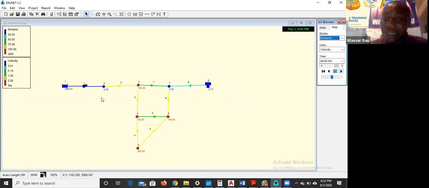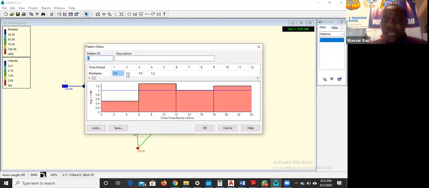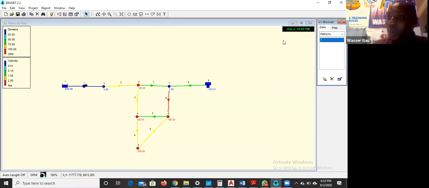You create a demand pattern. Once again, what do you do? You go to pattern, you create the pattern, and then input the time for the pattern based on 6 hourly pattern, 0.5. You can change, it can be 2 points, you can increase it by 20%, by 200%, sorry. But me, I increase my own by 30% and by 20%. And that's occurring in the last pattern time and the first pattern time. While I have the capacity of the system when people are asleep at night. So after creating the time pattern and allowing it to be 1, I will now